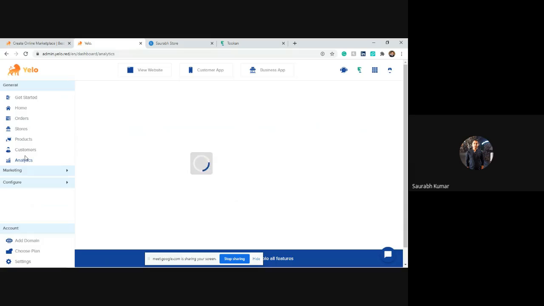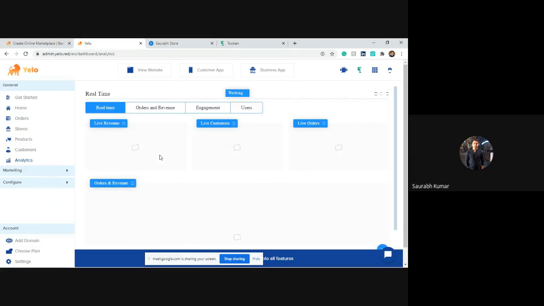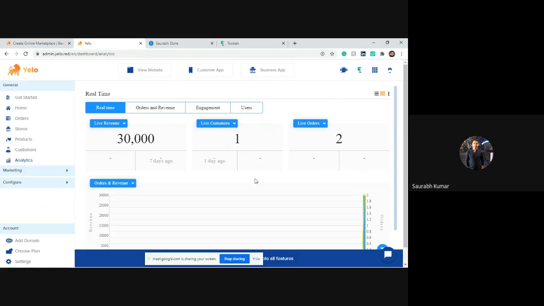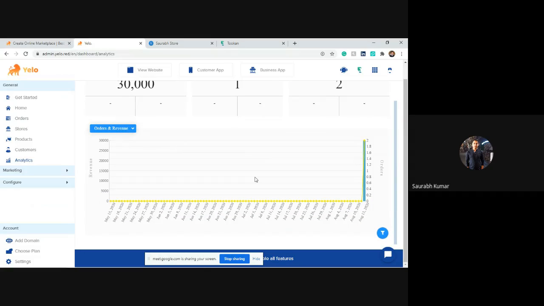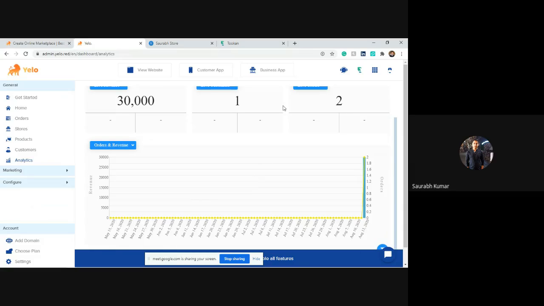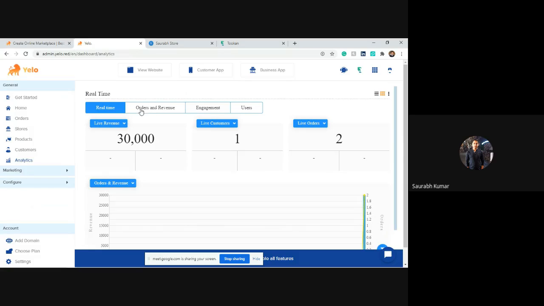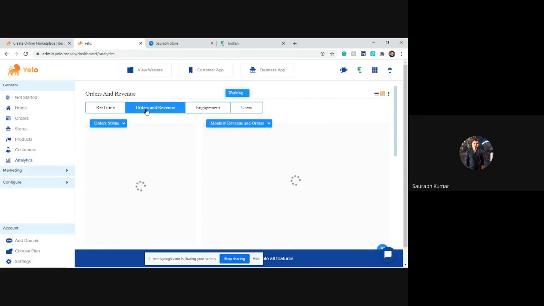Now moving to the next, the analytics section. Internet is quite low, so that's why it's taking time. In the analytics section, you are going to get each and every detail related to your platform: number of orders, number of products, live orders, live customers, each and everything in the form of multiple representations like graph, bar, pie chart, and a lot more, like real-time data, order and revenue data.